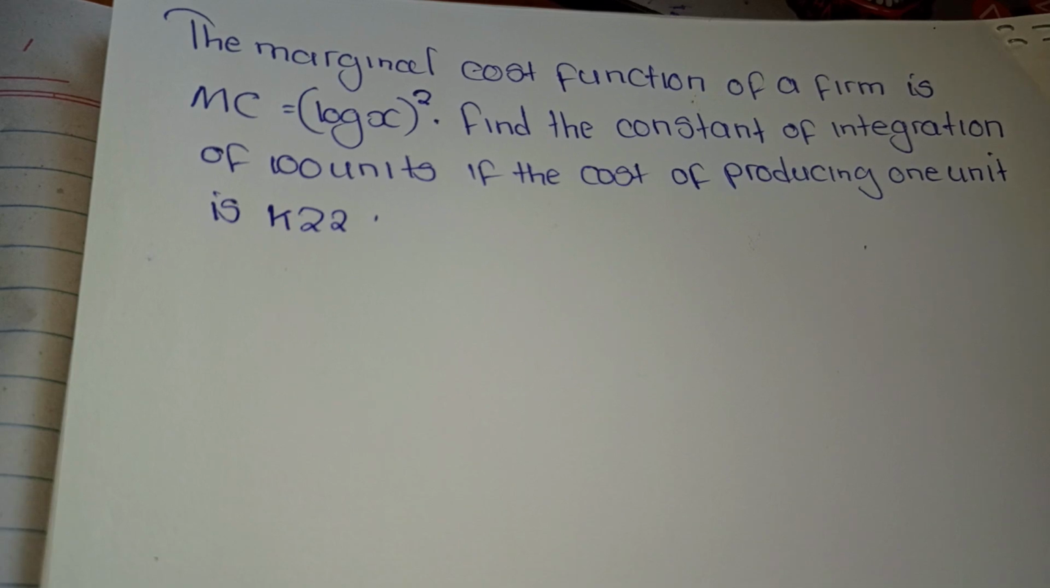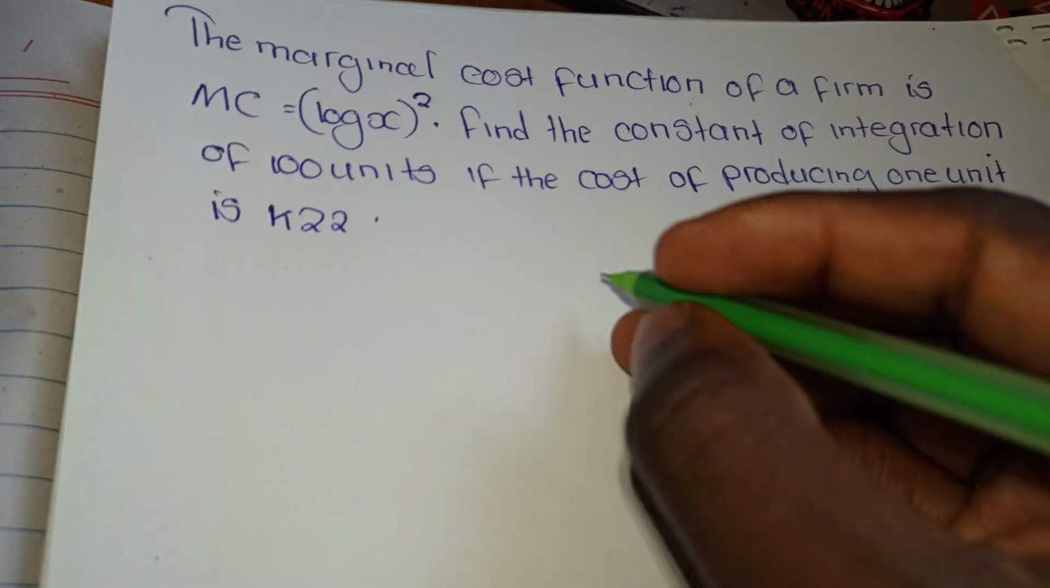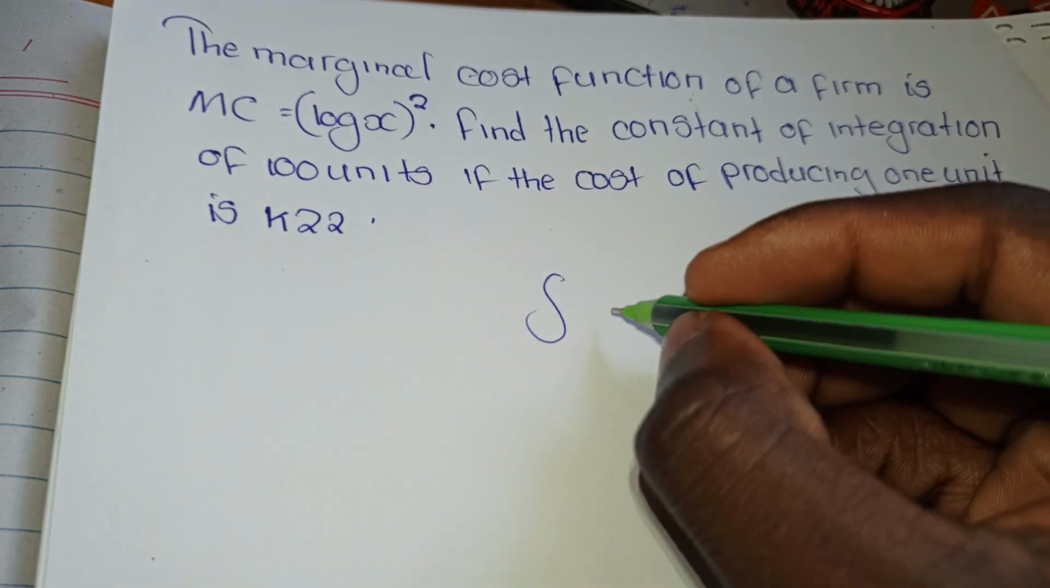So today we have one interesting application of integration, which is marginal cost. The question we have today reads: the marginal cost function of a firm is MC equal to (log x) squared. Find the constant of integration of 100 units if the cost of producing 1 unit is 22. So what we basically do, to find the constant of integration, we need to integrate this